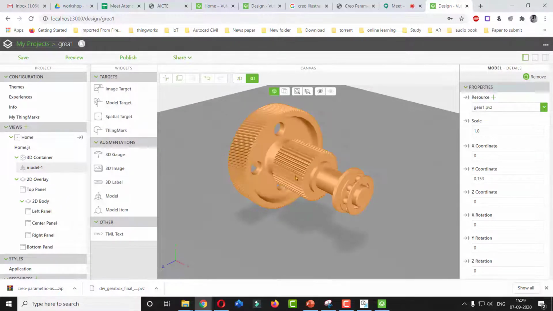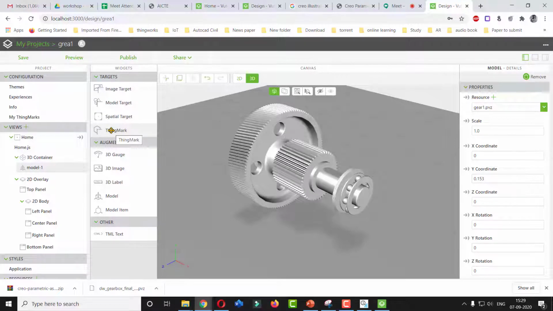So our assembly has been imported over here. Now this particular assembly we have to upload on the cloud, but to upload in the cloud we are going to get one barcode. That barcode we have to generate, but with respect to the barcode, where this assembly should lie, that we have to define.